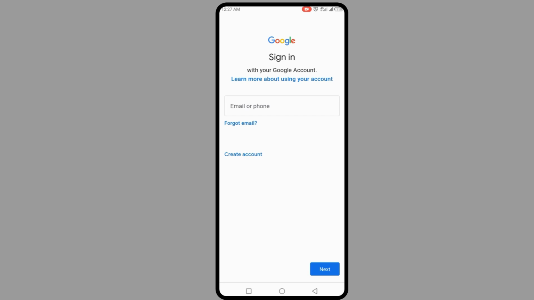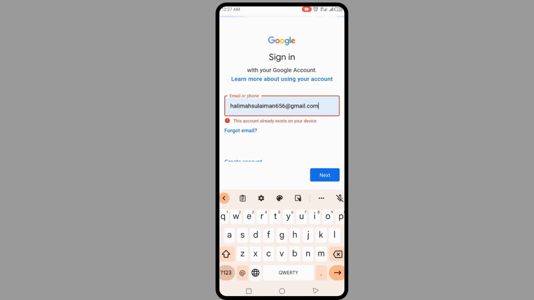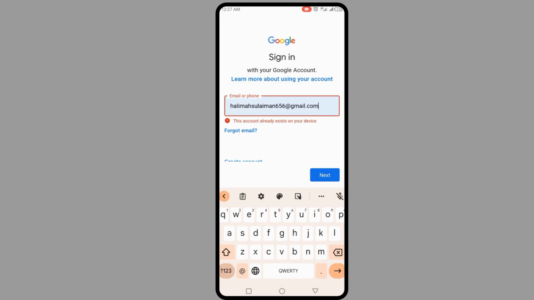You click on the email that you want to add. When you click on the email that you want to add, I'll just click on one random email. Now, I've already used it. Click on next. You can see they say that this account already exists on your device. So once you put the email you want to use, just click on next. It's going to bring you to another